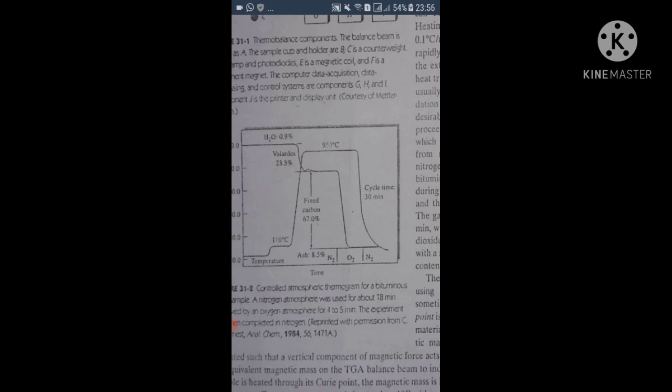So this was all about the furnace, how the heating temperature range is set, and how we measure it by thermogravimetry. The example of coal was given. From the graph you can see that different curves are there. With the passage of time, definitely with the loss of water, mass will decrease with the rise of temperature, and when volatile matter is lost, again there will be loss in weight.